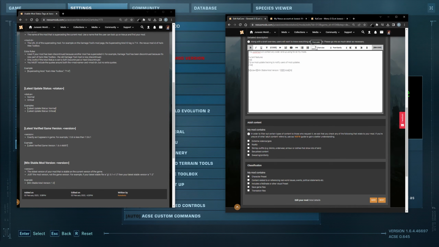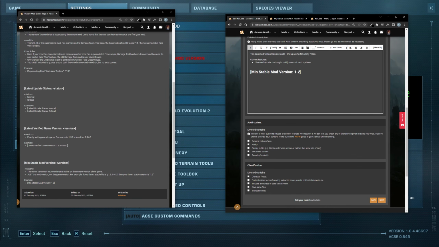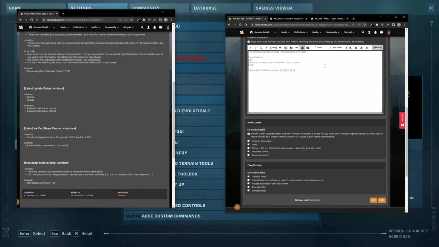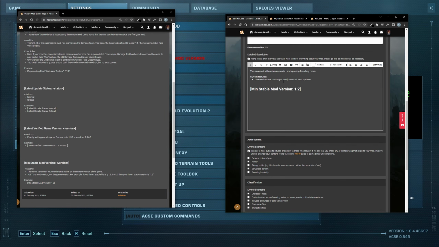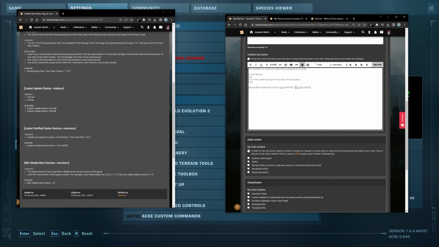Italics in the middle, like so. So 1.italics.2. You can't do this, the mod will not be able to read this because the base code is interrupted. You can, however, add styling around the important bits. So for example, you can't interrupt the version number, but you can add something around the version number. So you can say, turn that green, and this should still work fine, provided the version number itself has not